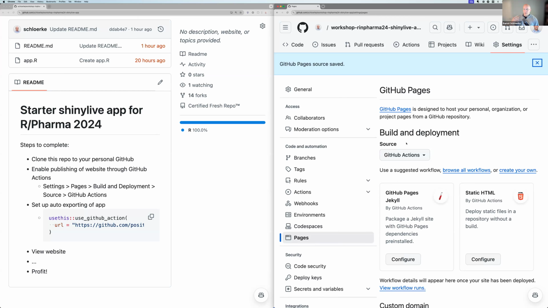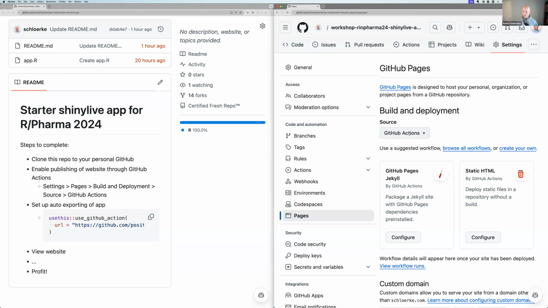But really, in most of our situations, we don't care about the historical value. We care about the now value for the website, because the now value of the website is determined by whatever the code is. It's just like an extension or reformatting of that code. So instead, we've had it do this build GitHub Actions approach, which will just deploy from a static file, and then your repo will not balloon into an infinite size, which is not fun to deal with when you have some non-trivial data.